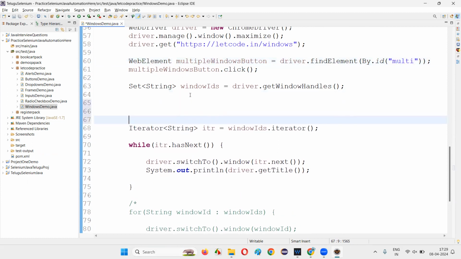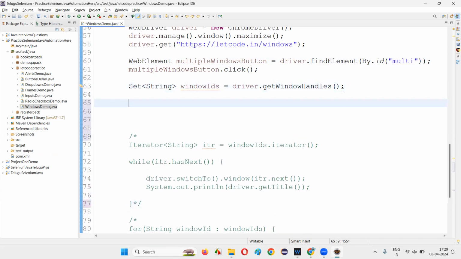So here I can use a list like this. For example, I'll just comment this part. Okay, if I have to use a list in this case, what I can do is write down here list. If they are instructing me to use a list for retrieving the page titles of every page, I can use a list here, list of string. Here I'll say list is equal to,